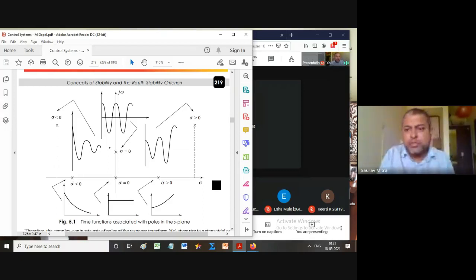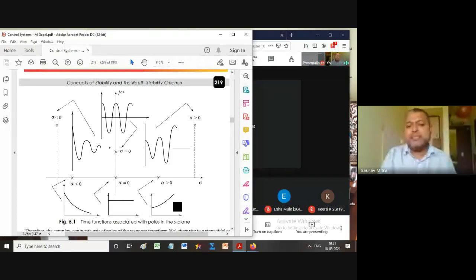Now these are all real poles. So what cases are possible with real poles? One pole in the left side, and one pole on the j omega axis, exactly at the origin. You will find it is 1 by s. In that case, the transfer function G(s) or Y(s) equals 1 by s. What is 1 by s? 1 by s is nothing but the unit step response in the time domain. So below whatever is drawn, this is called the response. This response is marginally stable. This is neither stable nor unstable.